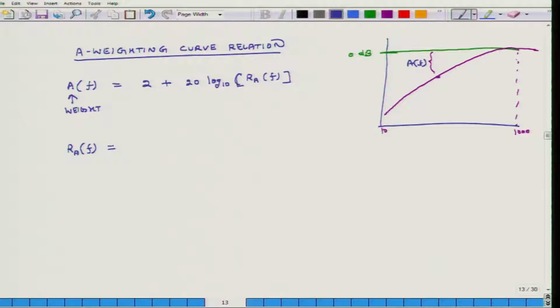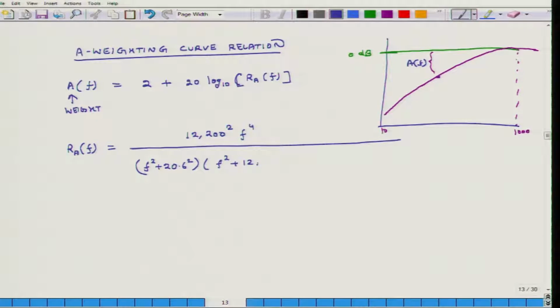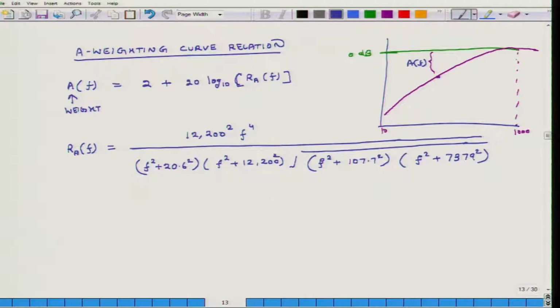RA, which is a function of frequency, has a complicated formula. 12,200 squared times frequency to the power of 4, divided by f squared plus 20.6 squared, times f squared plus 12,200 squared, times f squared plus 107.7 squared, times f squared plus 7379 squared. So, using this formula the RA function can be evaluated, and if we plug this RA in here,